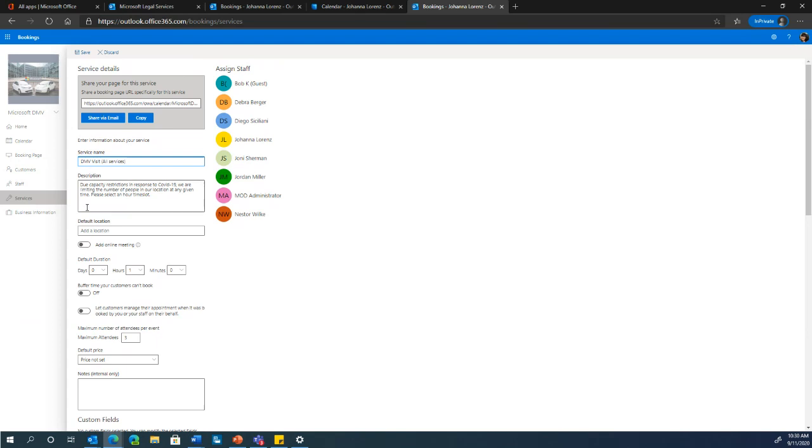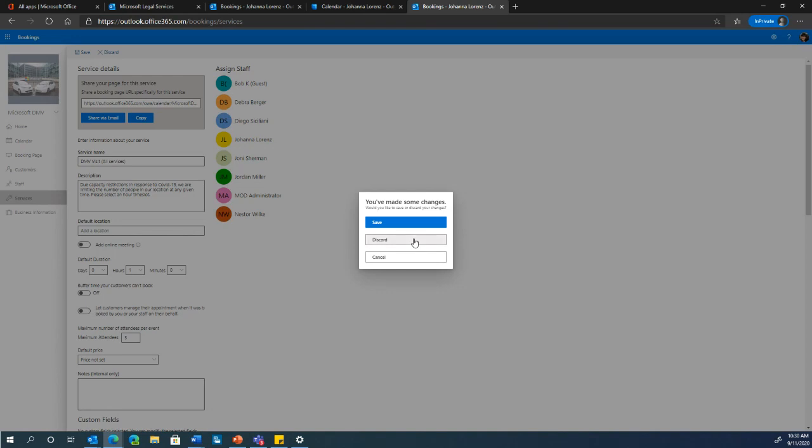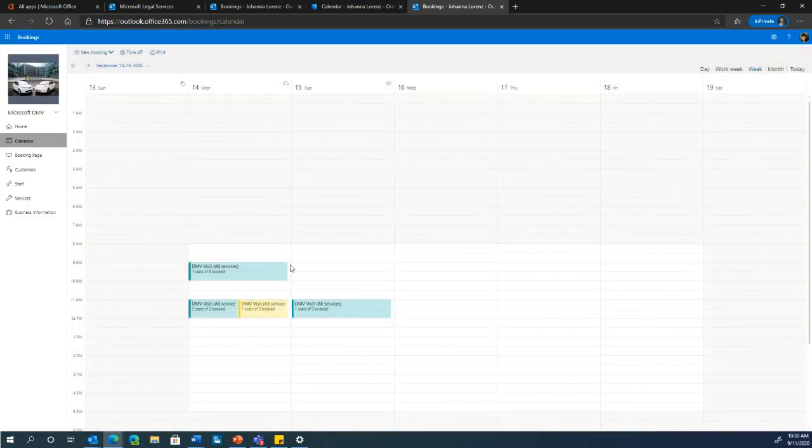Wonderful. And so let me just show you in the calendar. So as I mentioned, Bob, Deborah, they'll only be able to take 3 people per hour. So Darby and I went and tested that in our calendar. So let me just discard the changes quickly. And then when I go into my calendar, you'll see for Monday that 3 people went in and booked at the same time. As soon as a 4th person booked at that same time, it rolled over to the